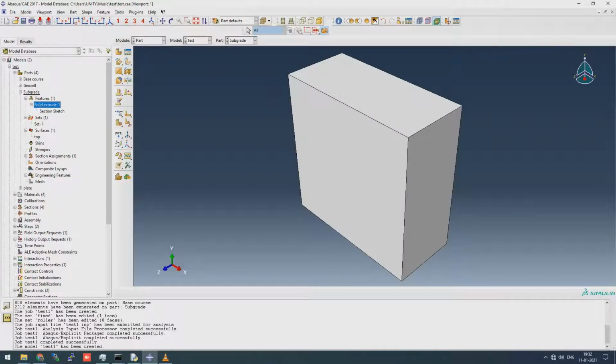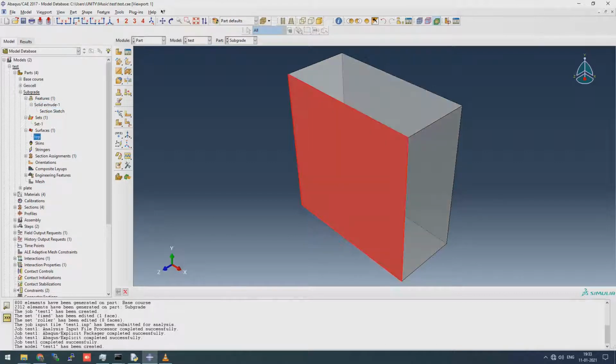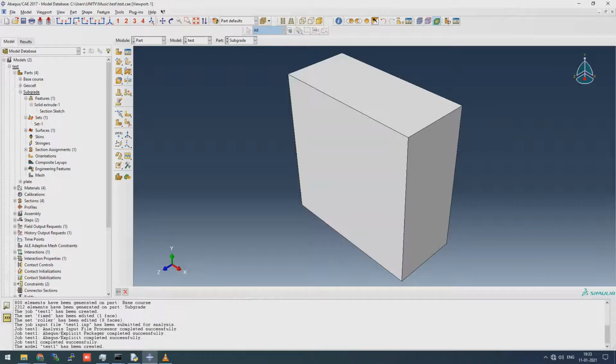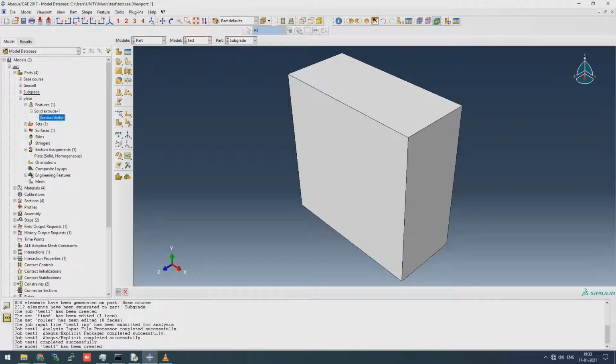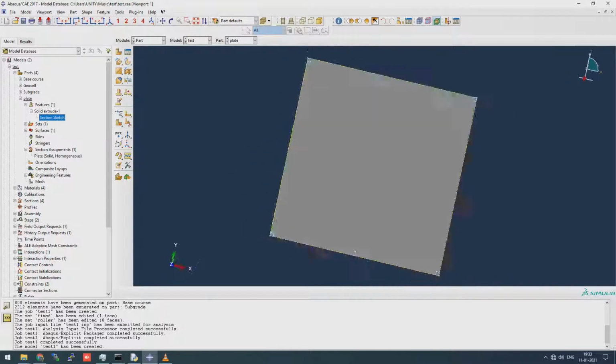And at the bottom we will apply an encastre boundary condition. So we have a top surface assigned for this, which will be coming into the interaction part later on. And the final one is the plate.